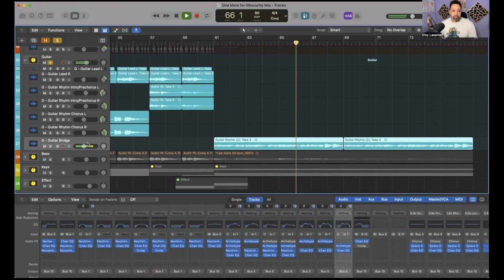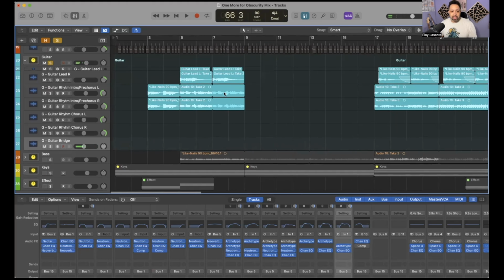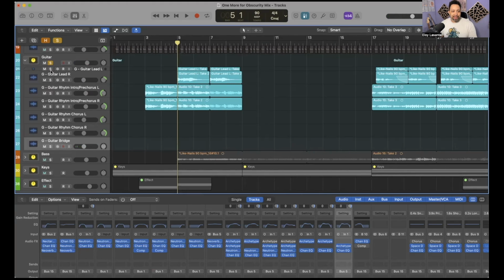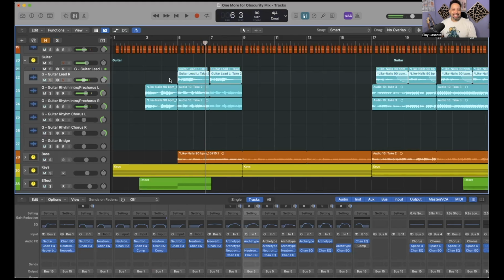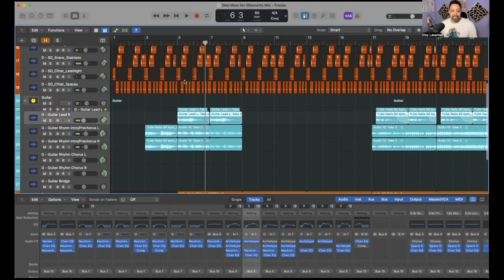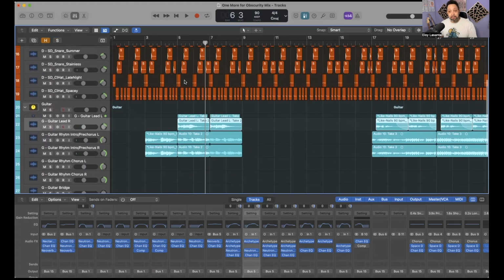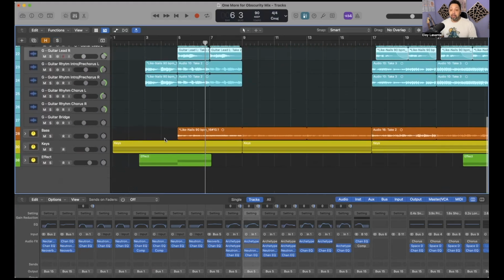But I'm such a fan of this song and just the way that I took this initial riff here, and I'm like, what can I do with that? And it turns out you can do a lot with that, especially when you couple it with a really awesome beat and some cool keys.